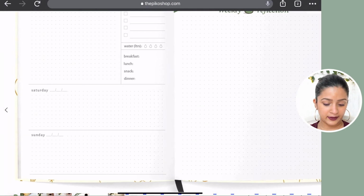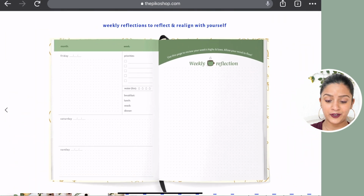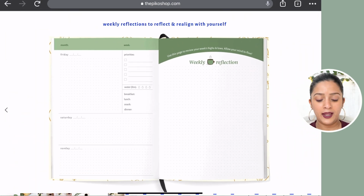You can see Saturday and Sunday, we have smaller space, and there's also not the priority section. There's also a weekly reflection space. Love, love, love. I love how the weekly reflection is not prompts. I feel this year many of the planners have come out with the weekly reflection. Earlier it used to be, I think, just Ink Bucket, but now many planners are doing it, which is great,